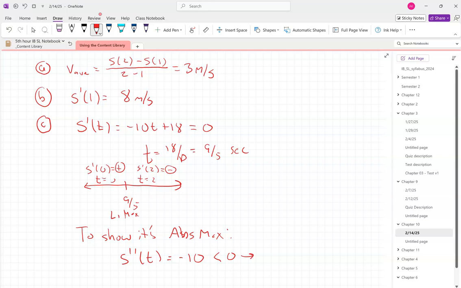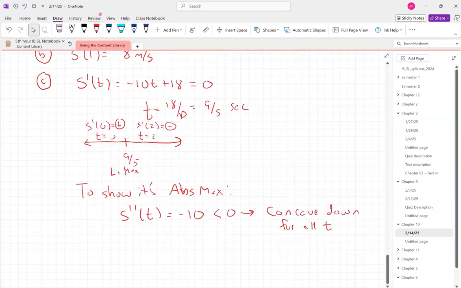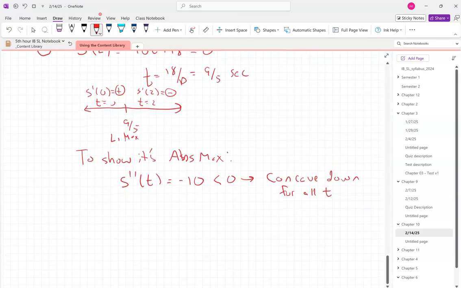Since negative 10 is less than 0, that means that this is concave down for all t, right? And since we're concave down for all t, it's got to look like this. And since we have only one maximum,